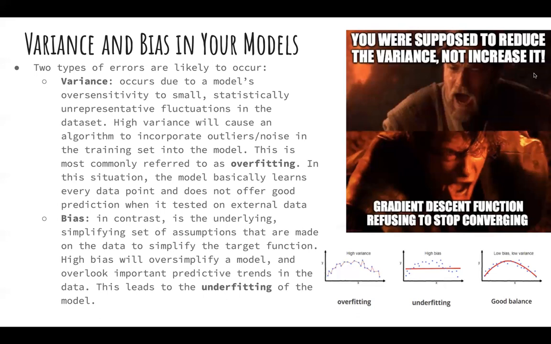It's the idea that your model can be overly sensitive to small, statistically unrepresentative fluctuations or outliers that really are not reflective globally, but just happen to end up in your particular data set. If your model is overly sensitive to that variance, you will incorporate those outliers or noise into your training and result in overfitting. So I think the easiest way to look at this is in terms of